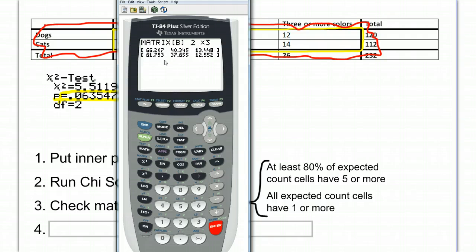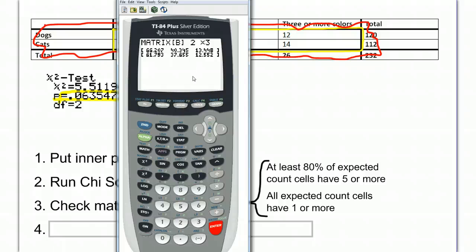And looking at the values in here, we see that all of these values are in fact more than 5. 66 is way more than 5. The only one that even comes close here is this 12 and 13. Both of them are above 5. If those numbers were below 5, we would start suspecting that the test might not work. At least